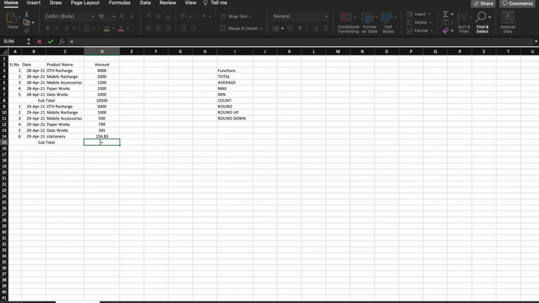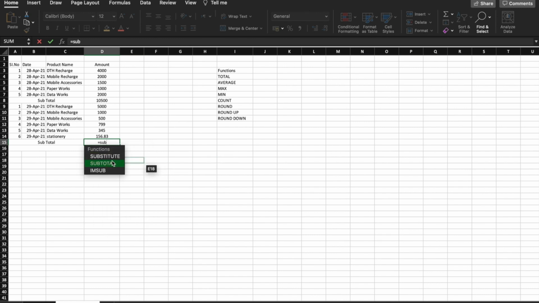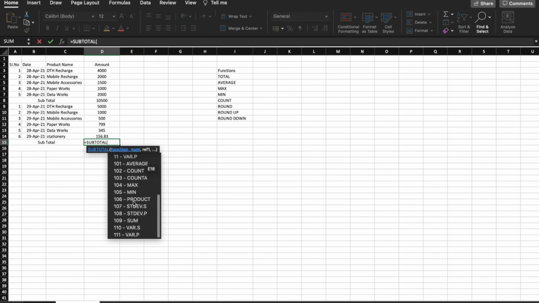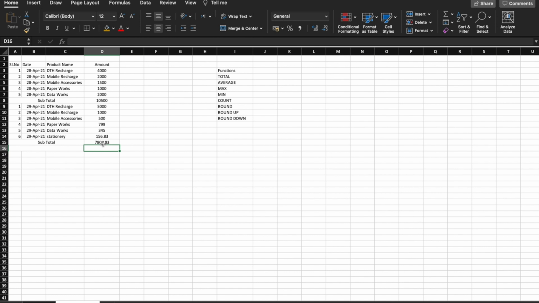So equal to subtotal, select the sum, comma, and select the range, close the bracket, and the value is 7,883.